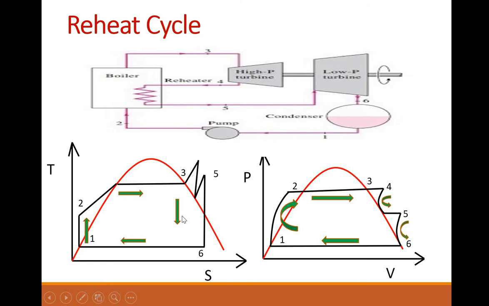Obviously the amount of work done by the turbine is going to increase, so hence you will get more power generated at the outlet. So hence efficiency goes on increasing. So that is depicted in your TS and PV diagram. You can find it from 3 to 4, then 5 to 6. So see, 4 and 5, this stage has been increased in case of the reheat cycle. This is one of the methods with which you can improve the efficiency of the Rankine cycle. Obviously this will add to the cost of this system, but with the increase in efficiency we can obviously bear the cost of that extra component in the plant.